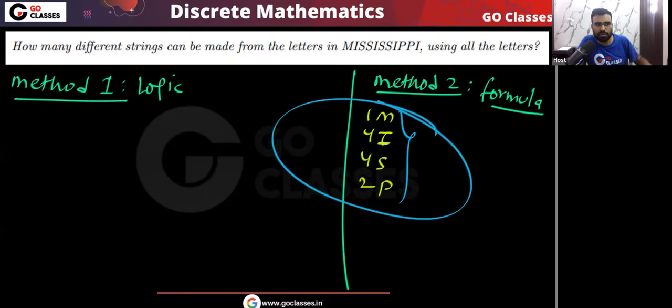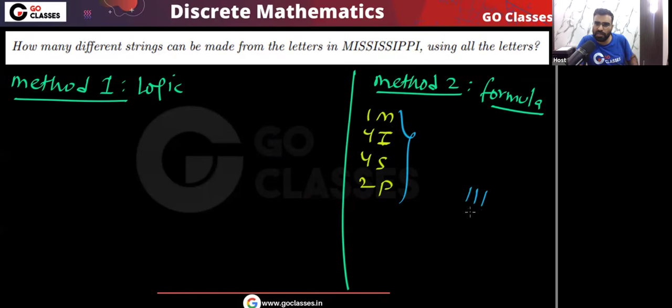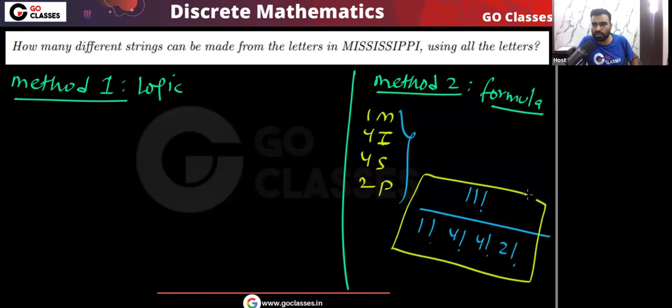The summation of these is 11. So your answer will be 11 factorial divided by 1 factorial, 4 factorial, 4 factorial, 2 factorial. This is the number of arrangements of the word Mississippi.